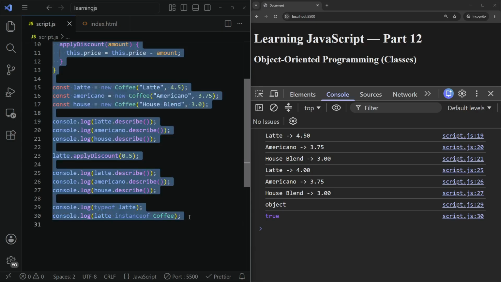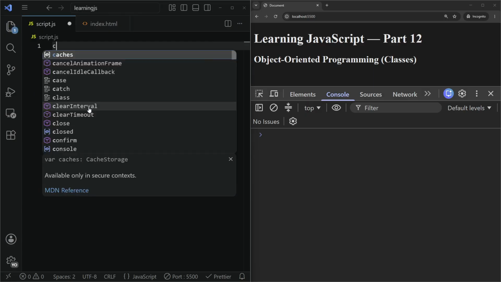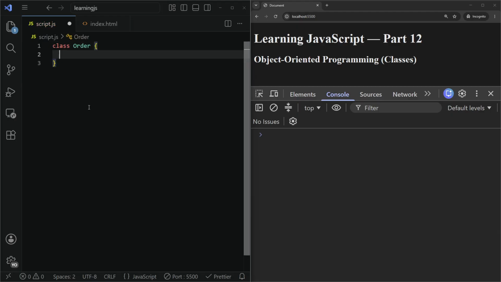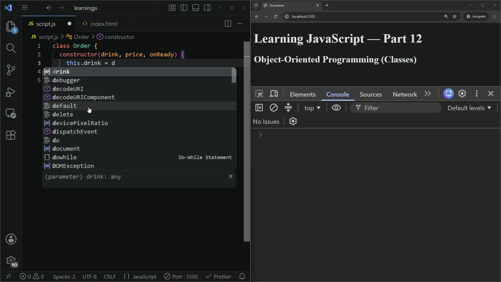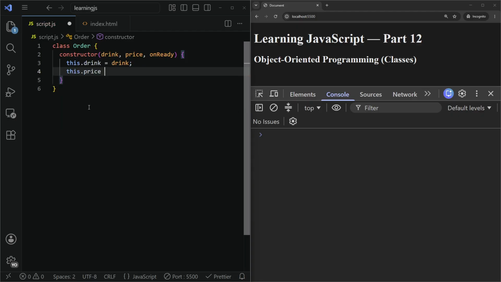So let me go ahead and delete this whole thing, save, and let's do another class, order, and then have our constructor and take drink, price, and onReady. It's gonna take 3 parameters, and then our block of code. So this dot drink is equal to the drink we supply, and then this dot price,